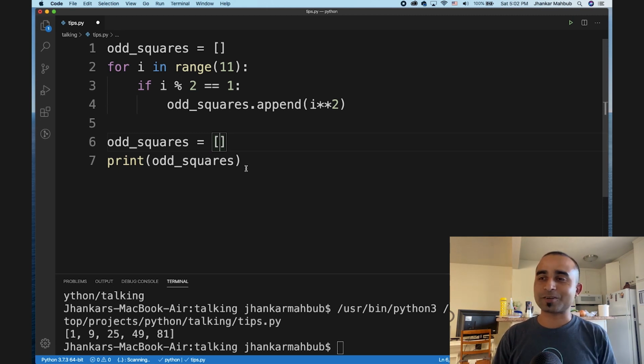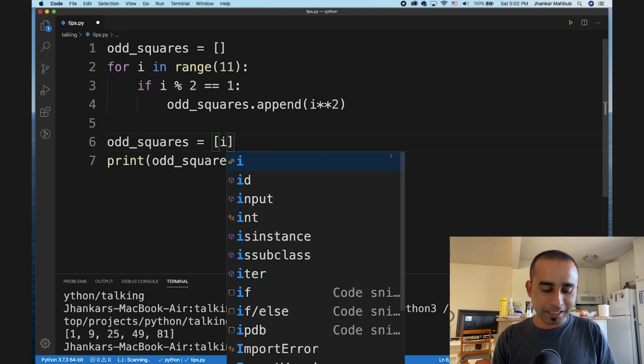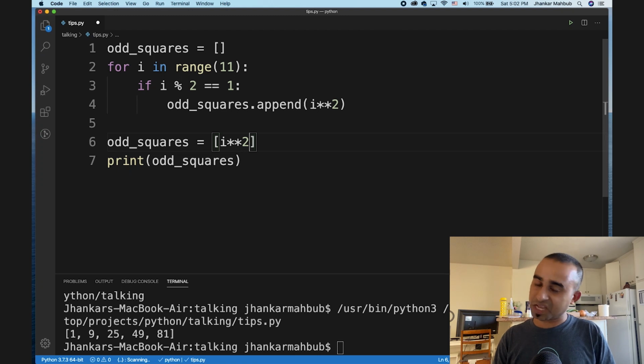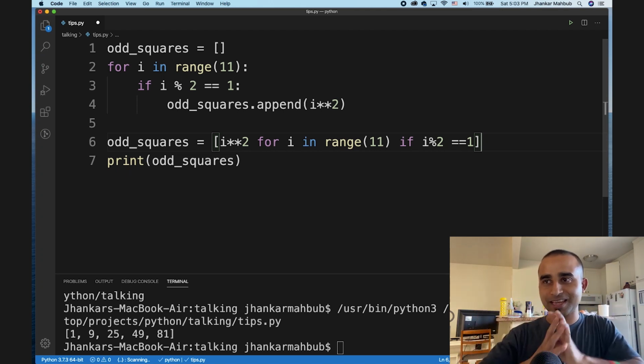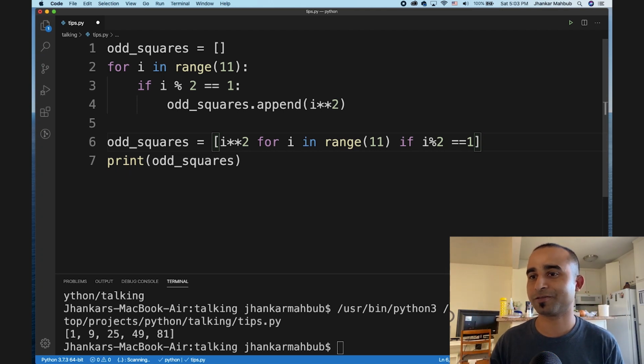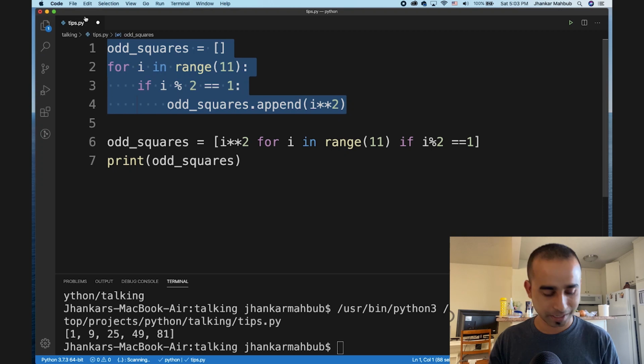So inside the list, all I will do is, okay, I need the square of i, that's good, but where will I get the i, this will be for i in range. That means everything I'm writing in one line, and then if the condition is here, i modulus 2 equals 1.